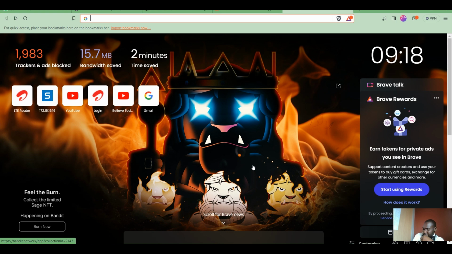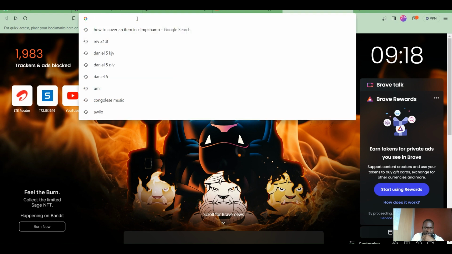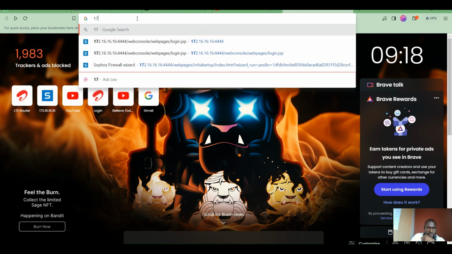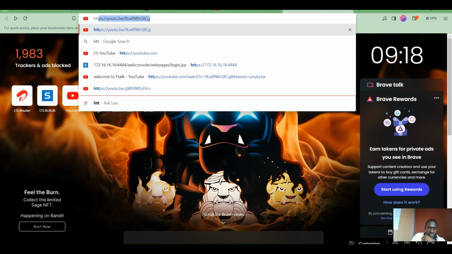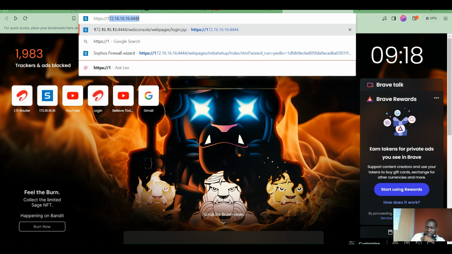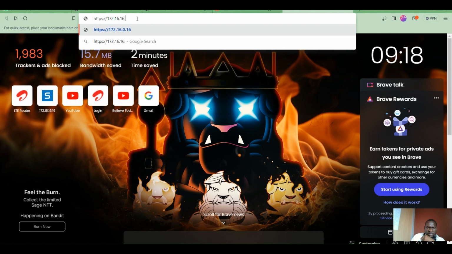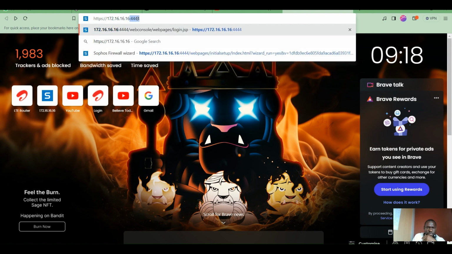Yeah, so once you have connected your cable to port one of your firewall and you have connected it to your workstation, the device comes with a default DHCP enabled on port 1. It says HTTPS, so you just browse to HTTPS 172.168.168.168 on port 4444, which is the Sophos default LAN port that comes pre-configured on your device with a DHCP